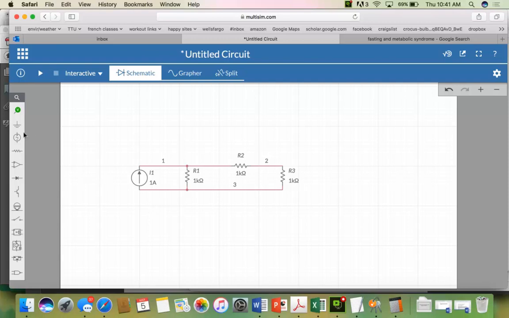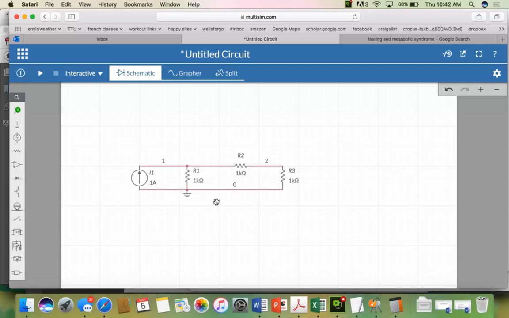Now, for a simulation to work, you need somewhere to locate an arbitrary ground, especially if you're going to do some voltage measurement. A lot of this depends on which circuit simulation you're using and which version. But a lot of times if you start out without a ground, you won't be able to run the simulation. Where you put the ground is typically not relevant to measuring currents. It can sometimes be relevant to measuring voltages,